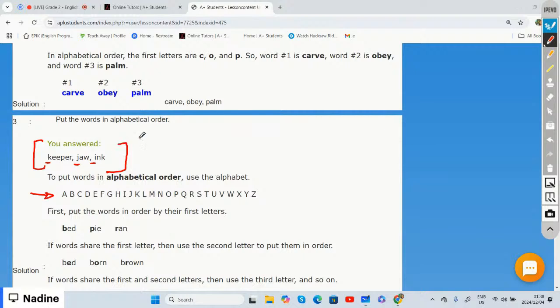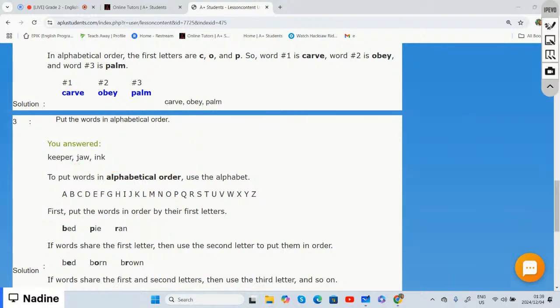Then ink, yes, well done, is first, then jaw, and then last but not least, it is keeper. Well done. That is one, that is two, and that is three. And that is how we put it in alphabetical order. Well done. Now we're going to our test